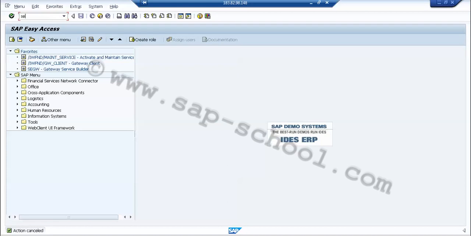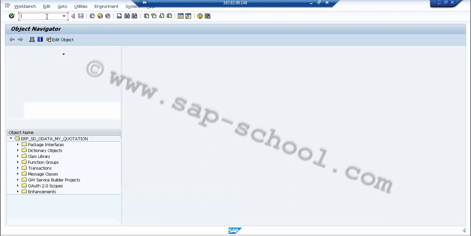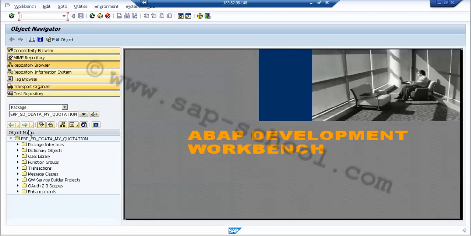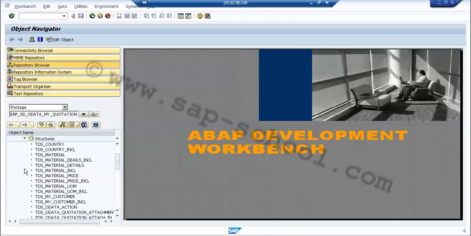Okay, so we'll again go to SCAT. And let's open up this again. That is my dictionary objects and the structures inside it.